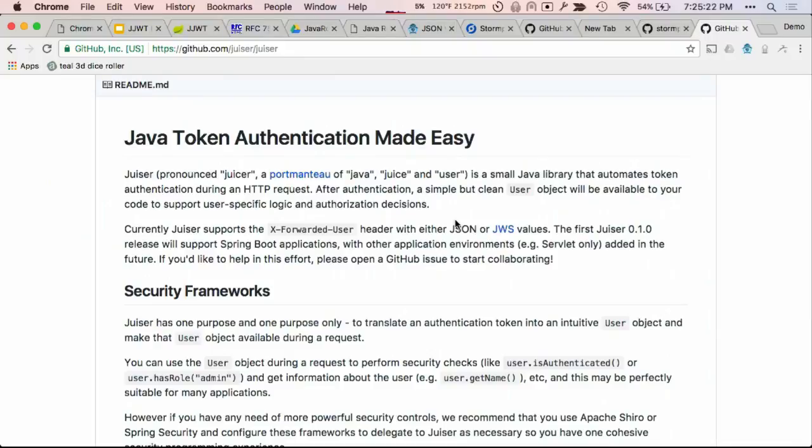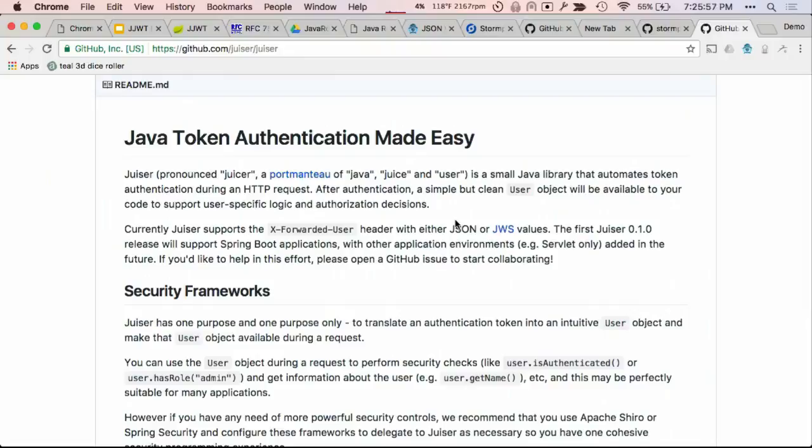But the idea here is that this is a Spring Boot and Spring Security compliant drop-in, if you will. What it means is that it can ingest and create a Spring Security principal that is then available to Spring Security, and as far as Spring Boot and Spring Security are concerned, you're authenticated. At that point, you can just use the normal Spring Security constructs, things like pre-authorize, has permission, has role, etc.